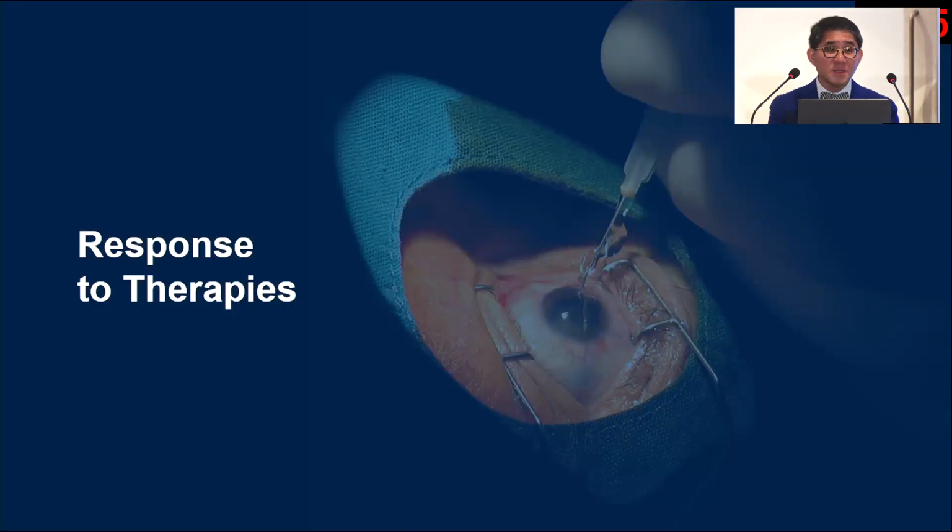What about, obviously, as clinician scientists, we also like to ask the question: pictures are beautiful to look at, but how functional are they? How good can they be, and what can we do to understand how to use it? Just like when Dr. Ting showed earlier today with wide-angle imaging, it's nice to look at the image, but how functional is it, what can it do to help us in the clinical management of the patient? That's the most important part.